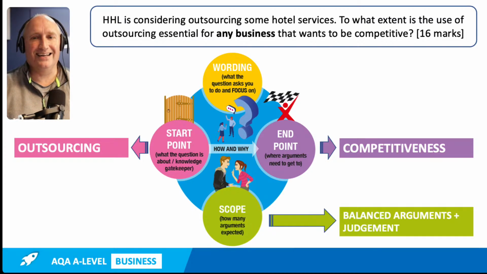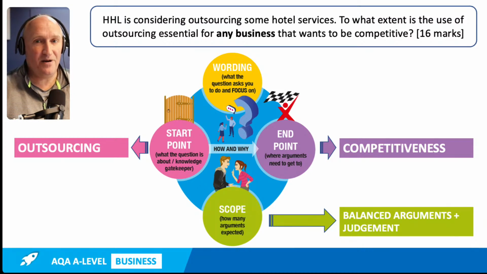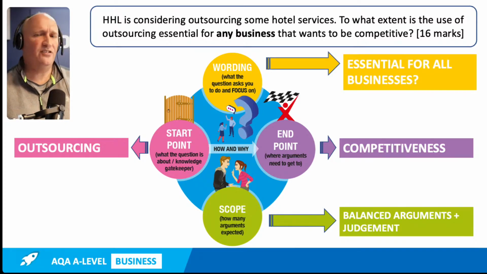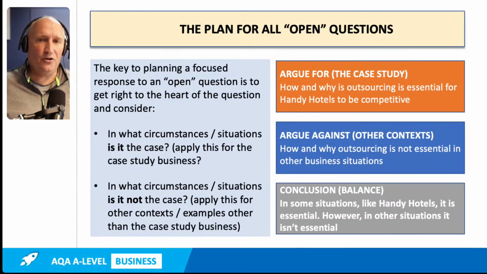Okay, so don't forget, I know I'm repeating this, but under the pressure in paper 2 next week, it's worth remembering that for 16 marks, we need an argument in favour, a counter argument, and then a conclusion. And we need to focus on this word essential. Is it essential for all businesses to be competitive? Now, what I've done, and as always, let's just quickly go through this. How do we answer this question?